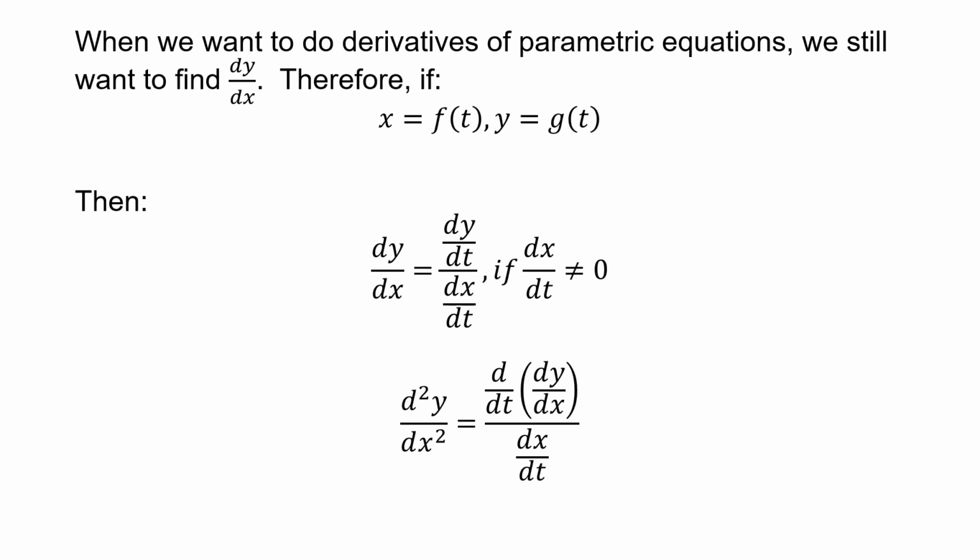So when we want to find derivatives of a parametric equation, you still are after the same dy/dx that we wanted back in Cal 1. It's just now our y is a function of t and our x is a function of t. And so to find the dy/dx, you have to do a little bit of manipulation. So looking at this formula right here, dy/dx equals dy/dt over dx/dt. And we don't want the derivative of x with respect to t to be 0, because you don't want to